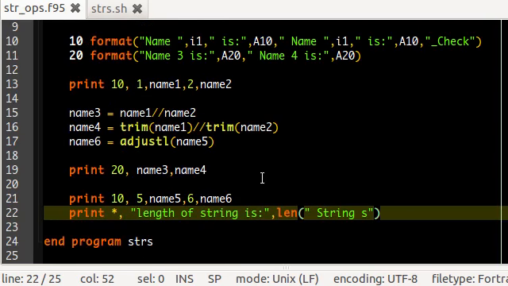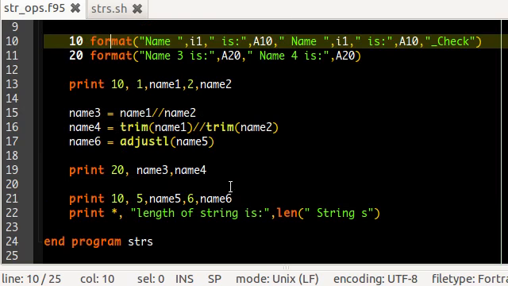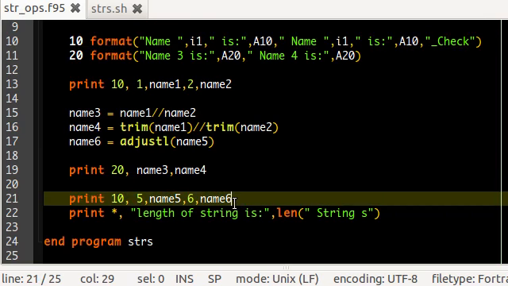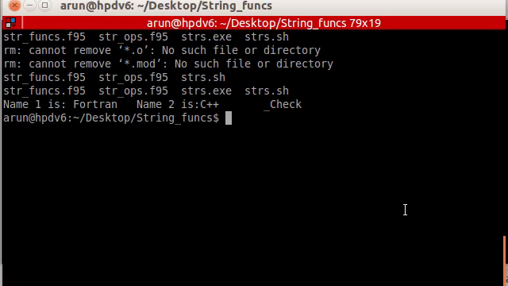Okay, I'll explain. We are printing strings 3 and 4 using this format 10, format 20, and printing name 5 and 6 using format 10. And then I'm printing the length of this particular string using this len command, and this len command should return, 1 2 3, the string is 6 letters long, this one is 7, there's a space in here, there's a space over here, this should return 9. Okay, now if I were to execute this,